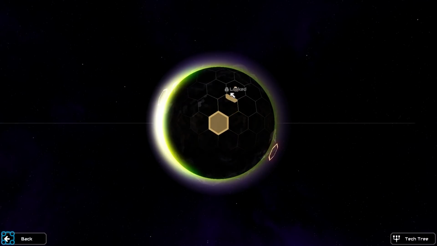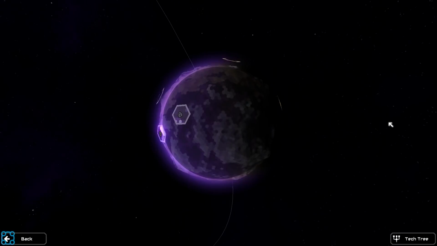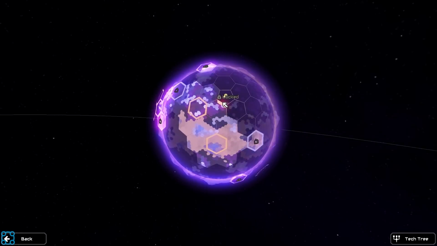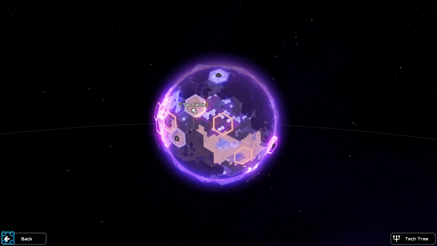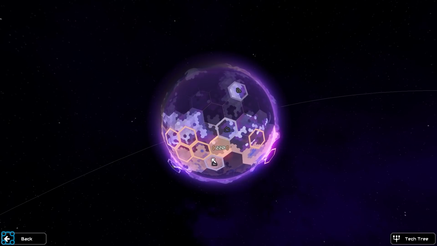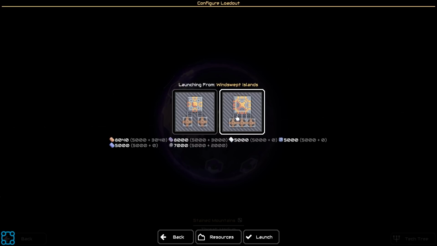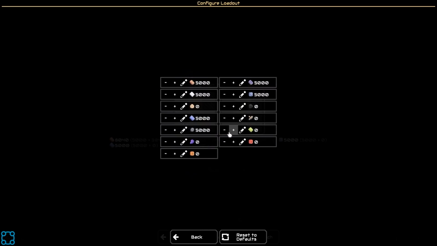Okay, so planetary map. Where are we going next? Bungle Pass, Stained Mountains. I think we have to go to the Stained Mountains next. There's also tar fields. Let's do Stained Mountains. Alright, let's bring the big stuff, but this time